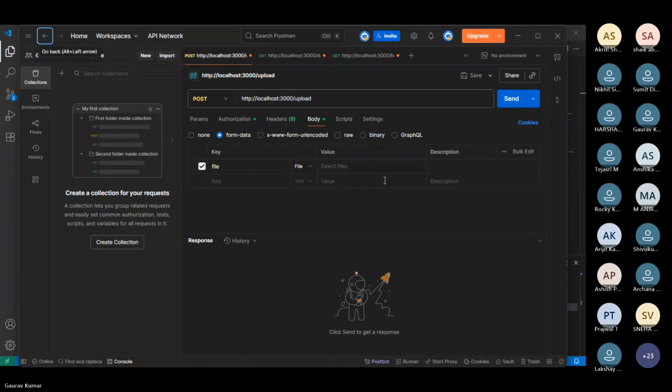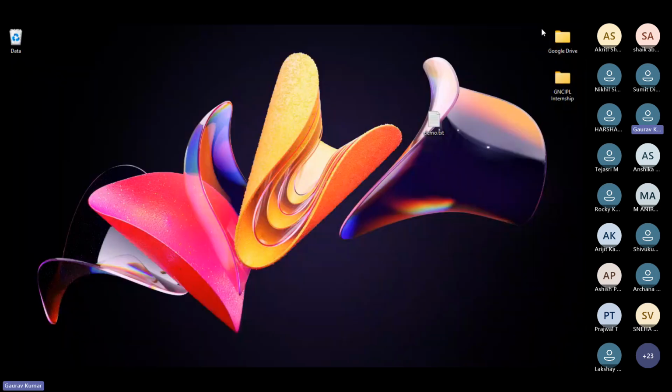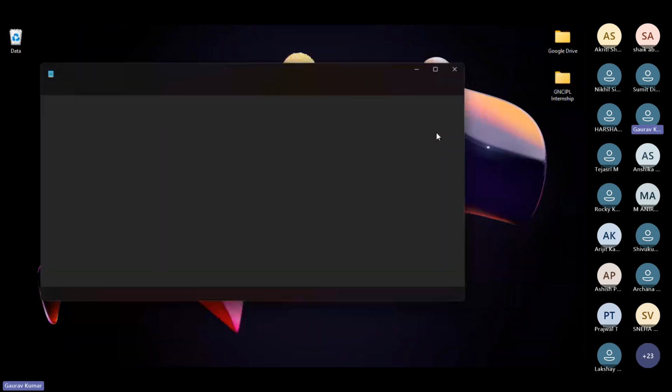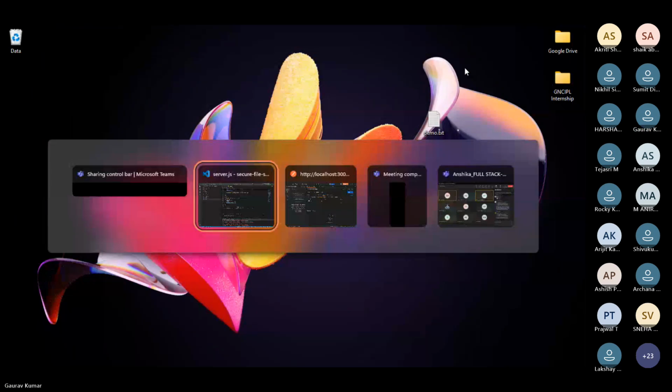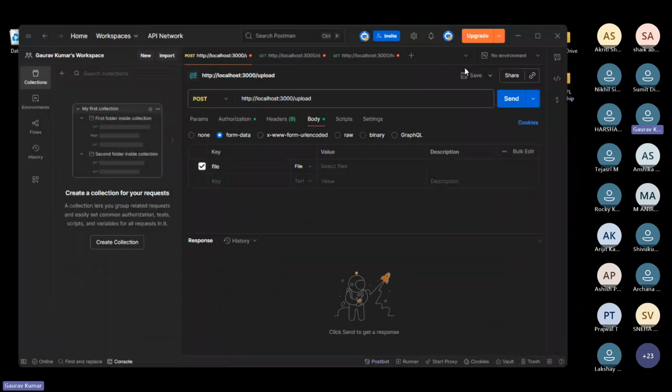Now in Postman, first of all I'm going to create a demo.txt file. I write anything, like hello, and press Ctrl+S. Then go to Postman.